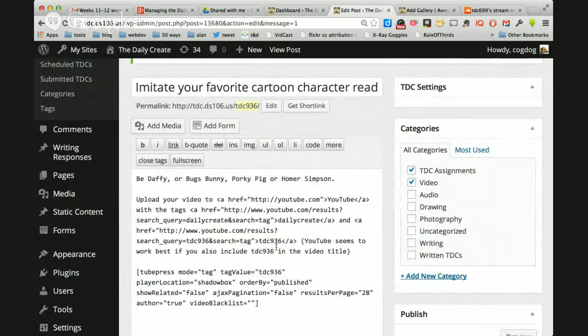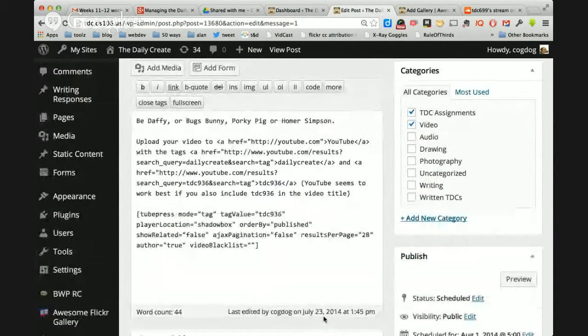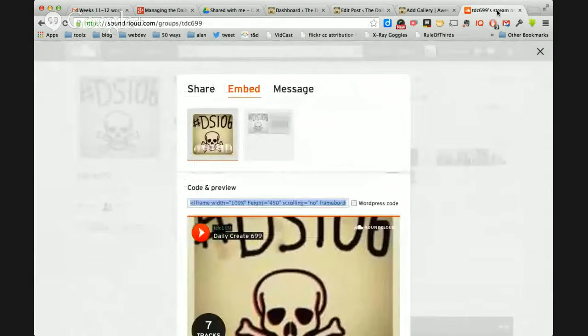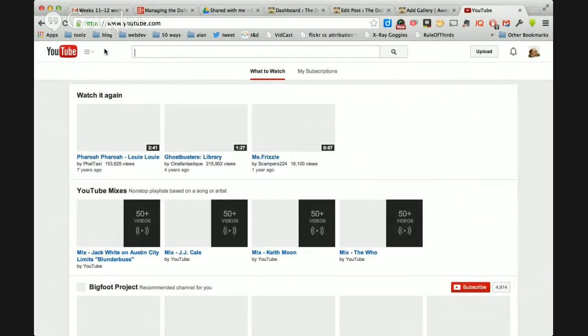It's got the instructions for uploading to YouTube. Although it says to use the tags, YouTube broke the tags, but basically put TDC 936 in the video title. One small thing: if it ever comes up when you publish a daily create and you see videos that aren't related, go to youtube.com. There's a way you can remove videos from showing up in the plugin.